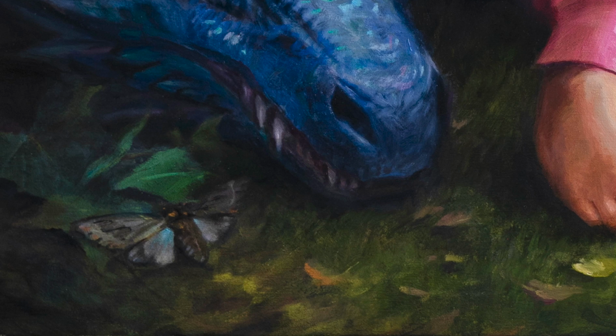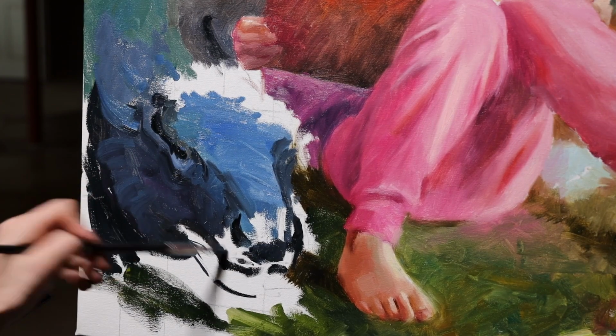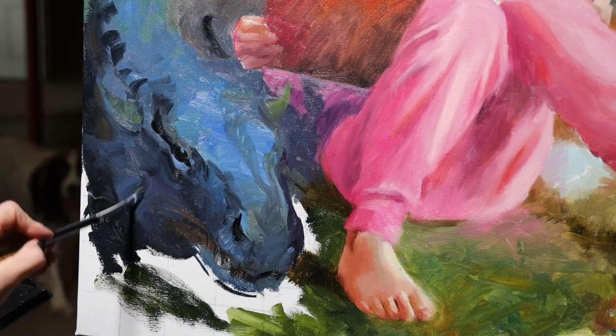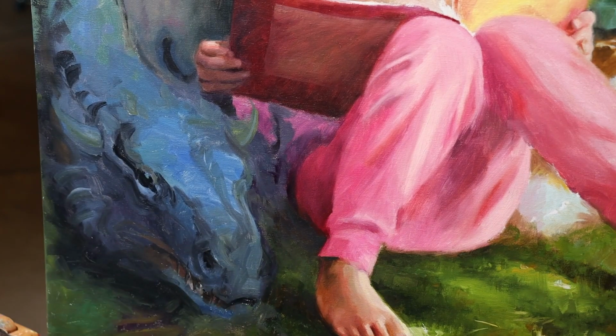And my daughter, who's also a budding artist herself, acted as somewhat of a creative director for this painting, especially when it came to the dragon, which, by the way, not only is 2024 the year of the dragon, but it is also the year of the cicada, and Cecilia is currently obsessed with dragons and bugs. When I began working on the dragon, she told me that she wanted it to be really scary. I knew that wouldn't match the painting's aesthetic, so I decided that it needed to look maybe a little scary,